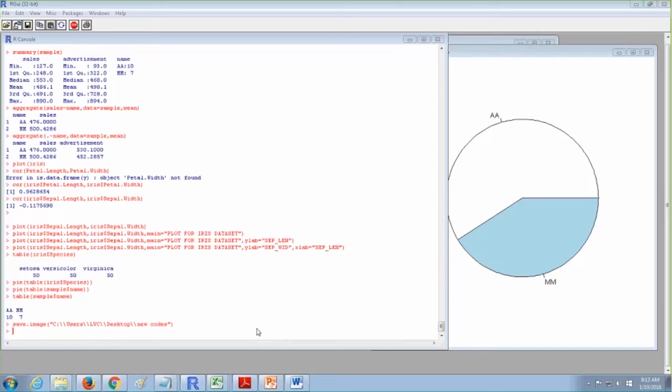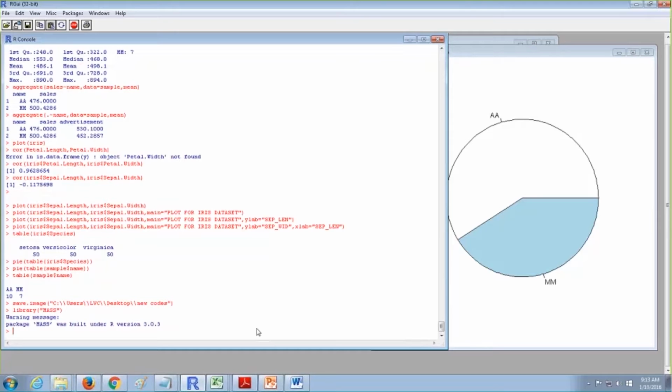Now I'll start with some bar chart and pie chart examples. Before that, I have a package called MASS, which is an external package that has some data sets. I think this MASS package is already available on my machine. If it is not available, just type install.packages and get this package. Participants who have this package can activate the library, and whoever doesn't have it can just install it.